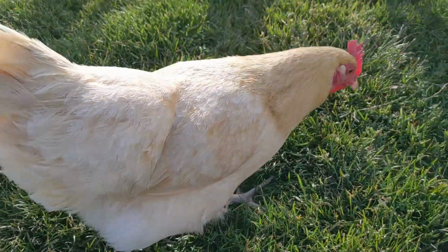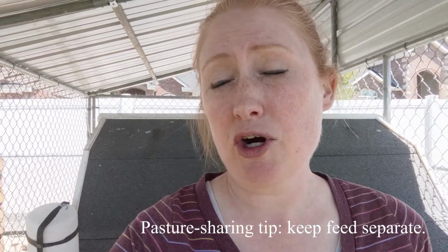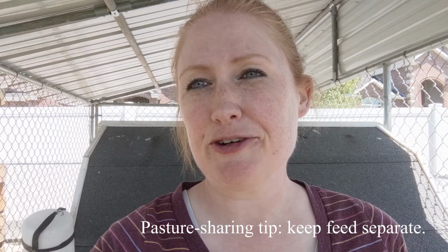However, these systems are really, really good if you've got a lot of chickens or you've got a lot of space for them. Now, if you're going to do any pasture sharing, like having chickens in the same part of your backyard, or if you're on a larger farm, if they're going to be in the same pasture as goats, for example, this is not going to be the option that you want because they can get knocked over and goats climb on everything. So these are really best for people who have chicken-only areas or are keeping them secured